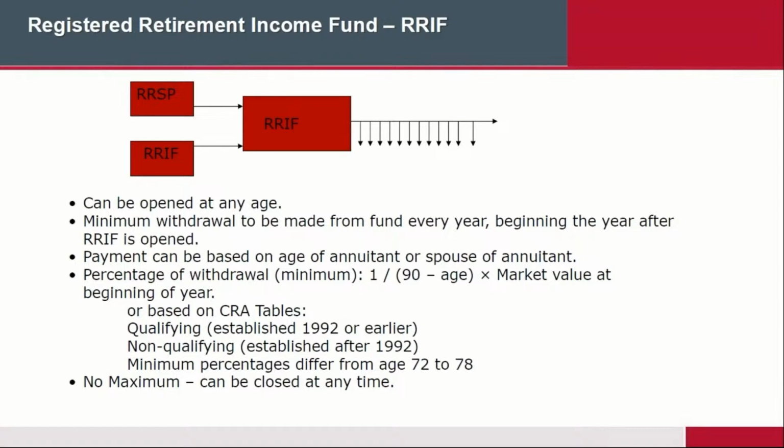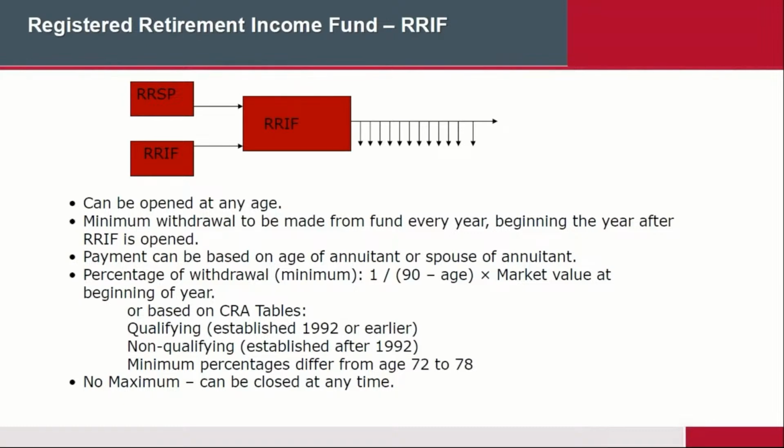So quite honestly, I would ignore that altogether because today it really doesn't apply all that much. But the point is you may run into a situation where it is a qualified and a non-qualified. Basically, a qualified is anything bought prior to 1992, and anything that's non-qualified is any RIF that's bought after 1992. But like I said, when the person reaches age 78, it doesn't really matter because the percentages are going to be exactly the same thing.